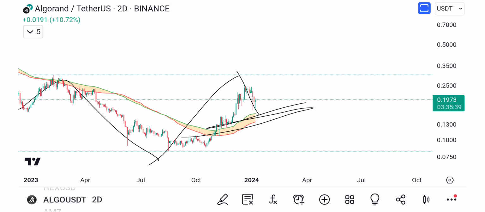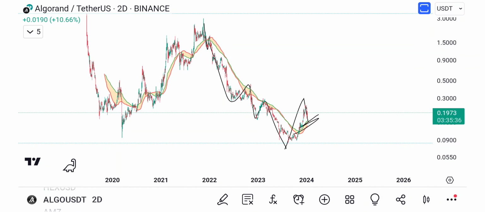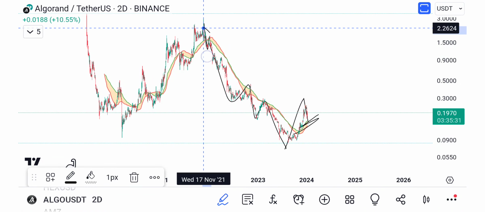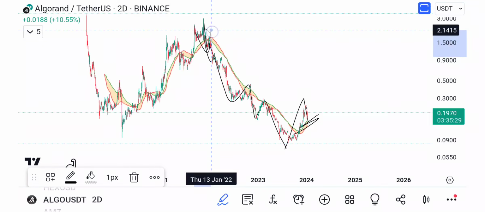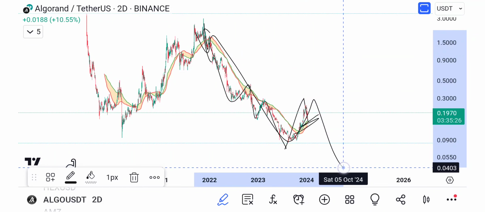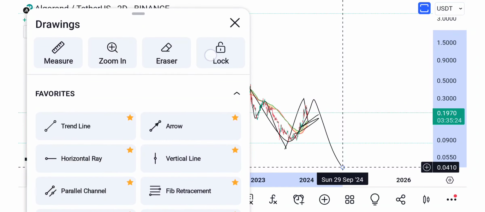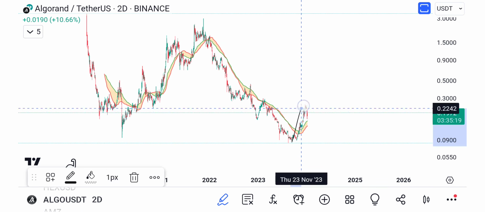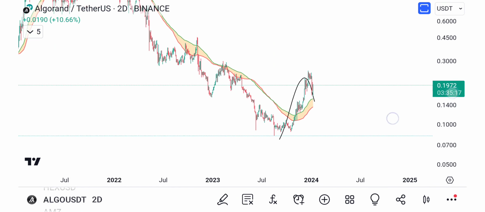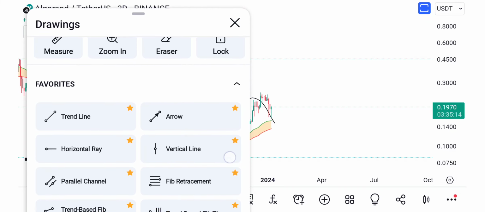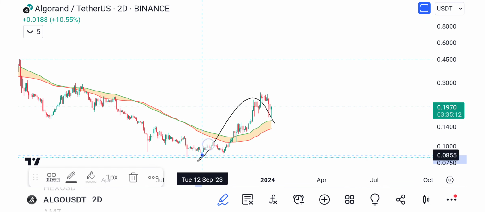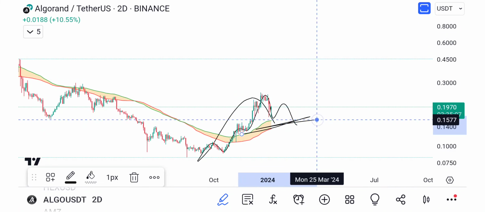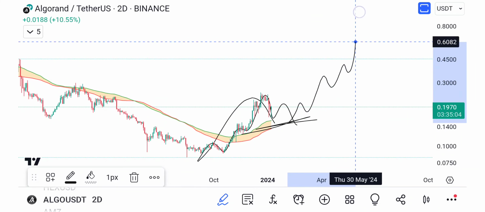So, to me, this either is a 1, 2, this is 3, this is 4, now we're going down for 5. Or 5 is already done, and this is a 1, 2, and now we're meeting up with the bull market support band, right? So we have a 1, 2, 3, 4, 5, A, B, and then we come down for C. We touch the bull market support band, and then we continue rocking it to the upside.